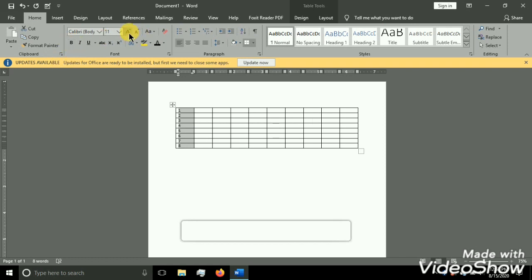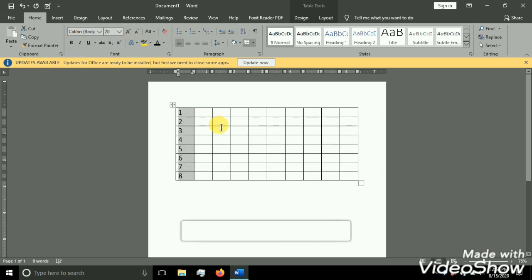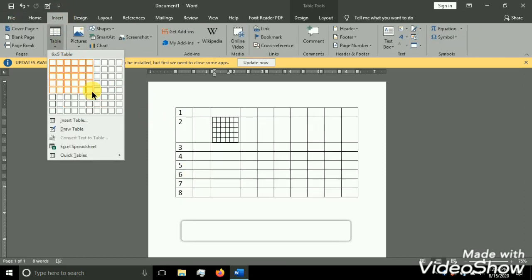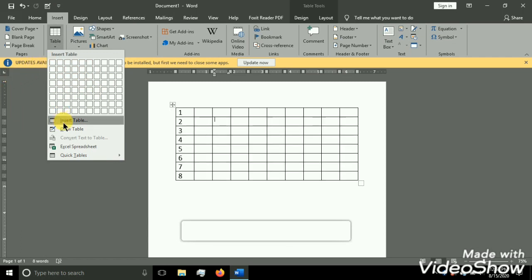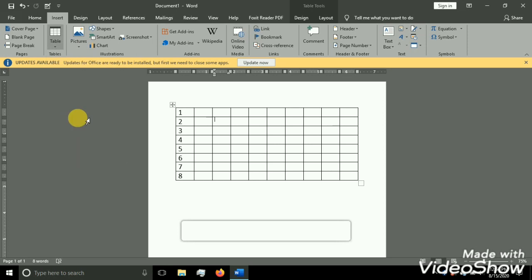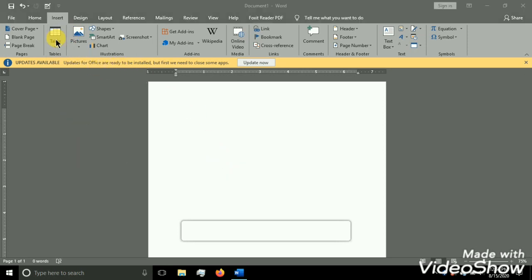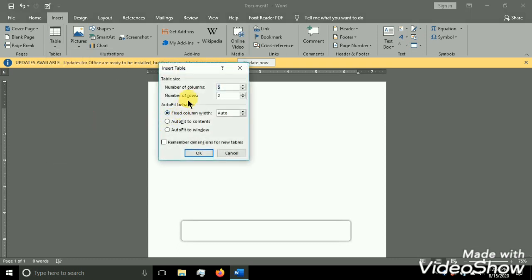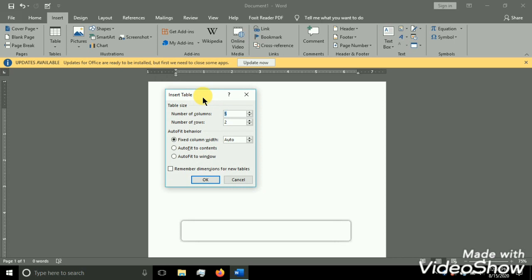Whenever we want a limited number of rows and columns, we can just manually select these table cells. If we want more rows and columns than 10 by 8, then we have to use the Insert Table tool. In the Insert Table tool, we can select the number of columns and number of rows.